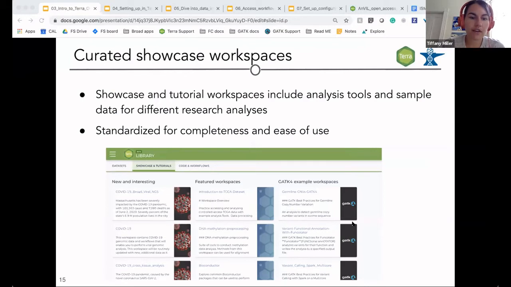This is basically our section where we show new and interesting featured workspaces. Like we worked on providing a lot of the workflows that our viral genomics group uses right now for COVID research. We put those in the new and interesting section for people to see them very easily. And then we have